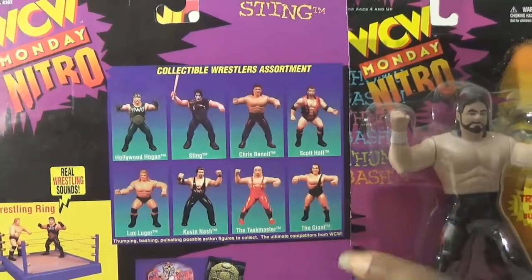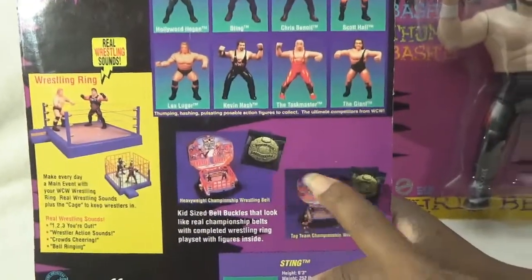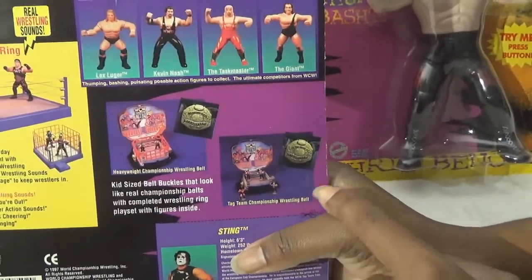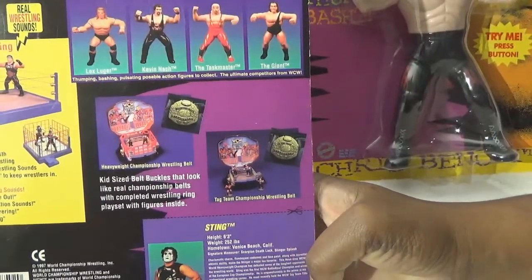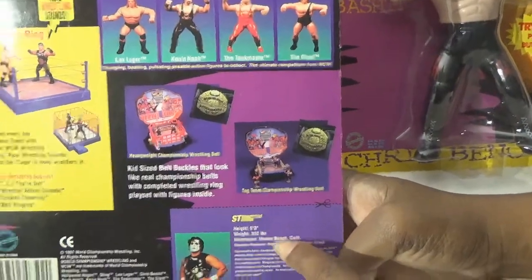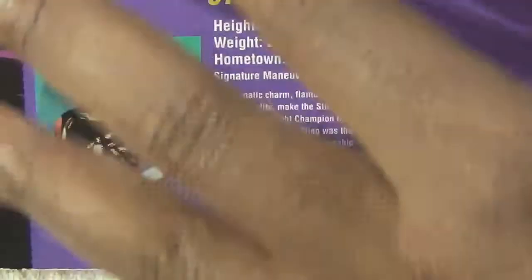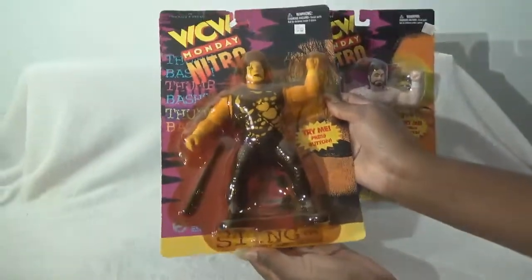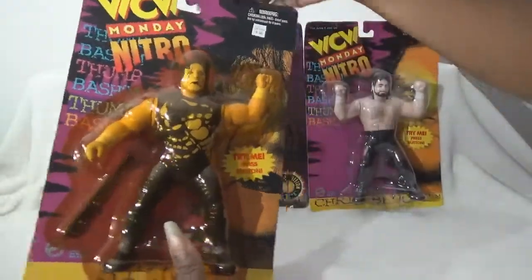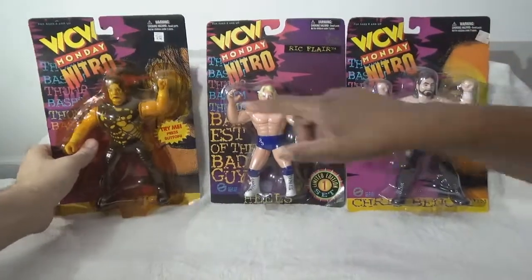8 characters. You have the ring, and you have all of these belts. And these tag team championship belts, like a mini kit, like Polly Pocket or something. And then his bio here on the back, just giving you some information: height, weight, where he's from. Great card. Card is in excellent shape. It was just the bubble, but I just had to have it. And love that original price tag on there too. Walmart